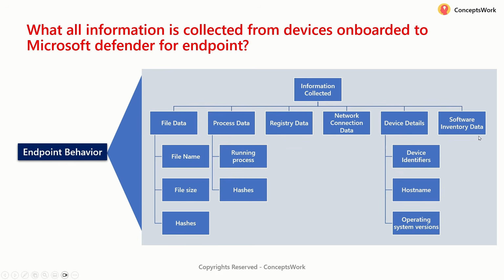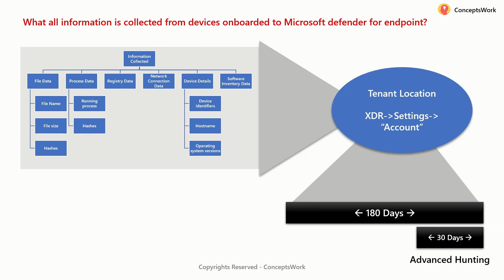Now this data is basically captured to provide you insights for vulnerabilities, right? Just one example. Now, fundamentally, once all this information is captured, it is stored in the MDE instance for 180 days. The portal shows you the event timeline, which you can go back to 180 days and whatnot. However, in the advanced hunting console, the data can only be queried for the last 30 days. And where exactly you can find the tenant location, something I've already shown you by going to the settings section and then